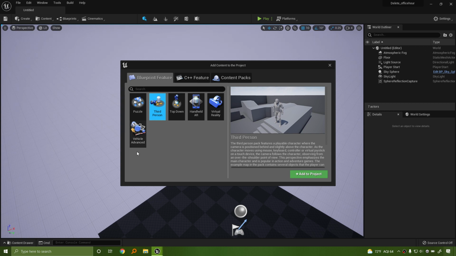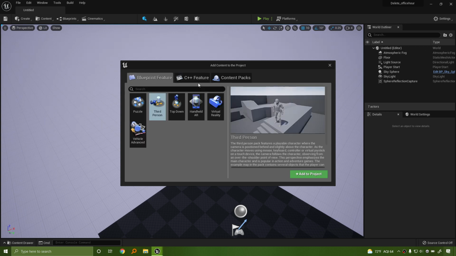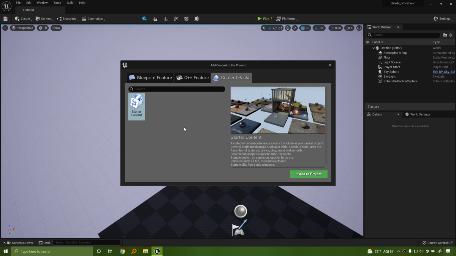So let's say you wanted to make a first person. The recommended fix right now is to start a first person project and then import those files in. But generally speaking, if you've made it this far and you don't have the right play mode, you should restart the project and start a first person. But in this particular case, we do have access to a first person here. I don't want to mess too much with the C++ features because we're not going to be doing any C++ programming, at least right away. And we have access to the starter content.